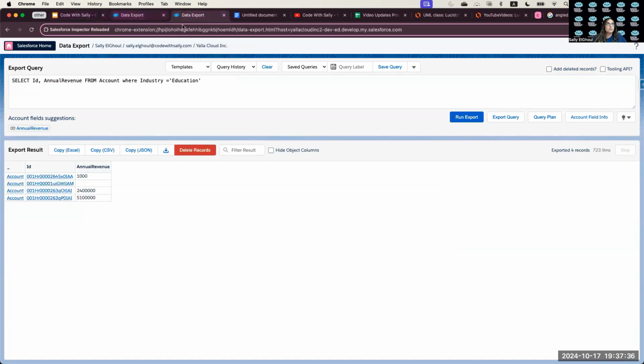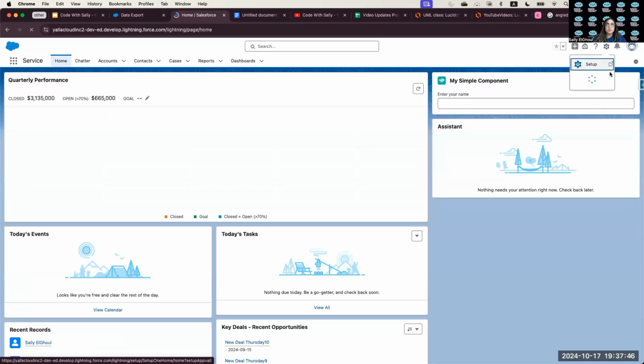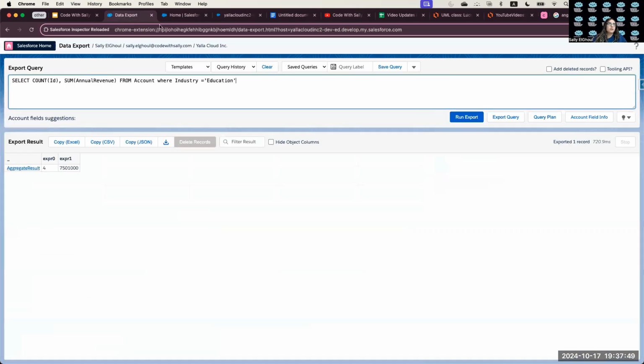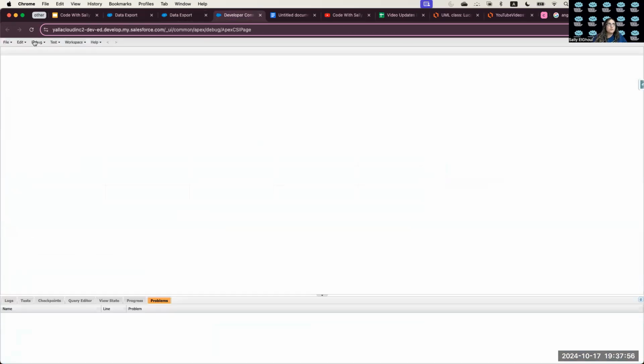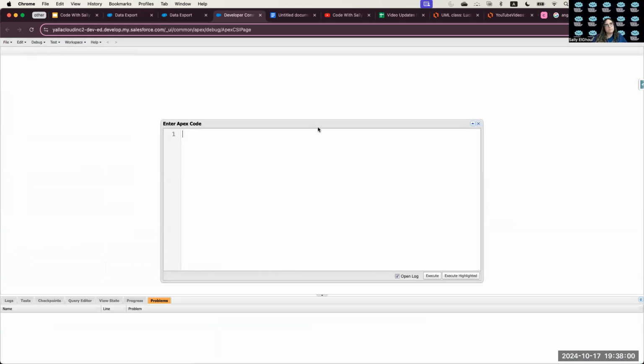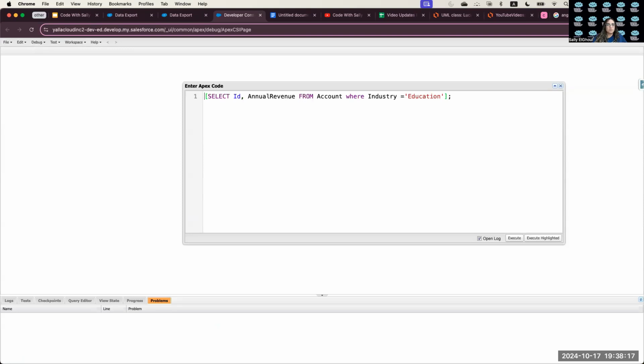So let me open the developer console to see how we will deal with the aggregate results as well. Let me open it here, and I will take this one. If you remember, when we were talking about SObjects before starting SOQL, we were talking about how we can return the query into SObjects when we do the select statement. So here I have the SOQL that we did, and I want to return it. That will return a list of accounts. So I do lst account. And then I can print it here,